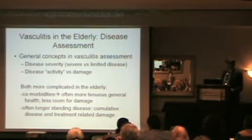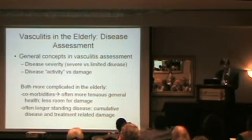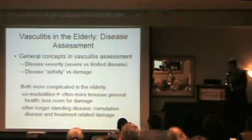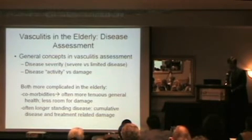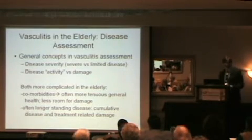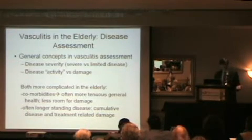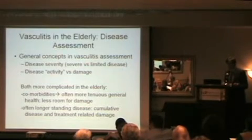So that's talking a little bit about diagnosis and what are some of the unique issues that looking at an elderly patient with vasculitis may affect our initial diagnostic evaluation. But the other thing that happens in anybody with vasculitis is it's always an ongoing process of assessment. You're constantly assessing these patients, and there are a couple of concepts that we really use as clinicians to help